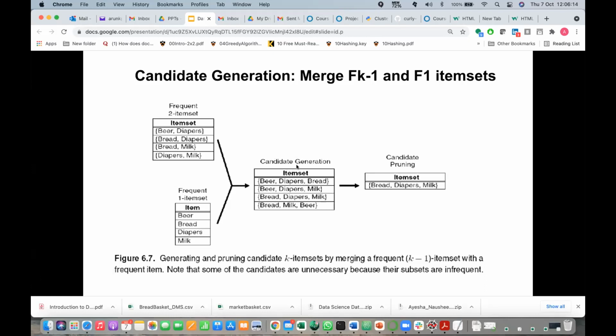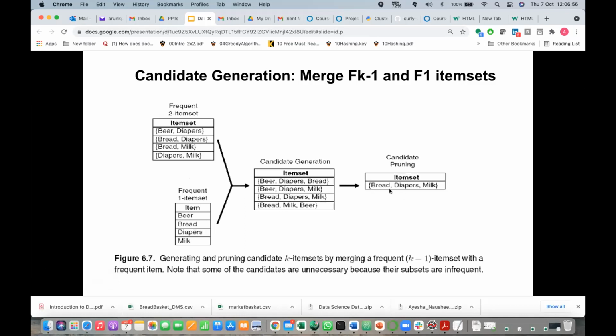So here is candidate generation. Take the item set beer, diapers. How many ways can you add to beer, diapers? Beer is already there, so there is no meaning in adding that. Then bread: beer, diapers and bread is the first one. You can also add diapers, but it is already there. The second is beer, diapers and milk. Similarly, you start with the second one, bread, diapers. Adding beer would come, but that is already there, so that won't add anything. If you do it like this for each combination and remove the duplicates, you will get only 4 out of these.